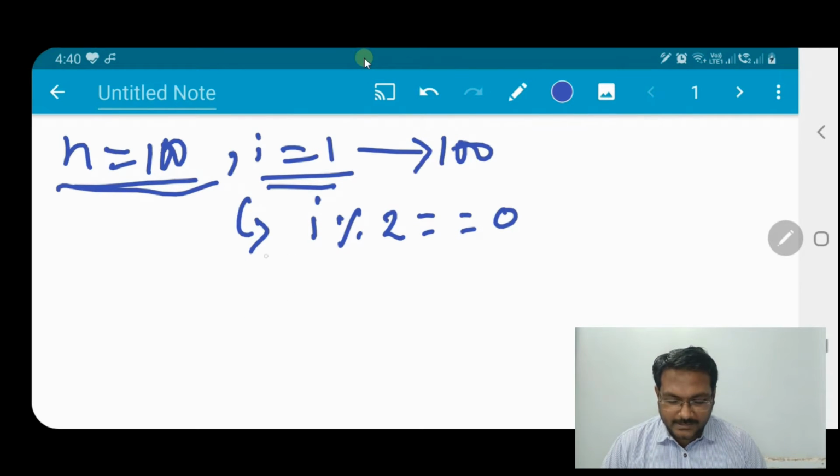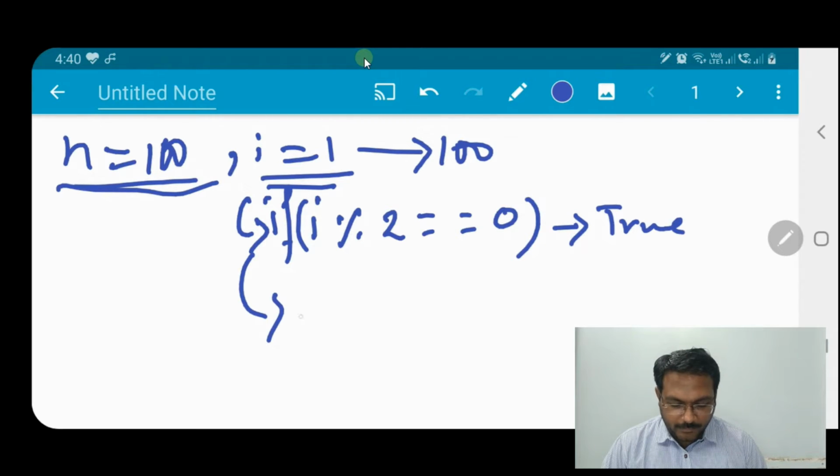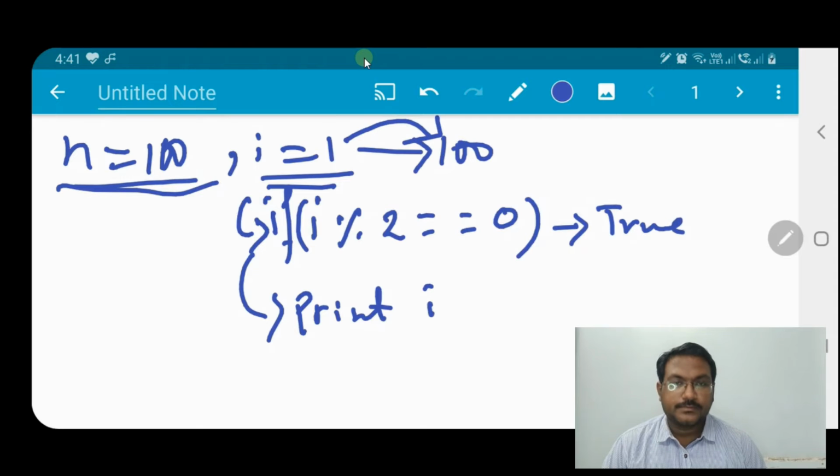If i is divisible by 2, and if it's true, then we will print the i. Fine. So how many times will this occur? It will occur from 1 to 100, that means 100 times or 99 times it will continue.